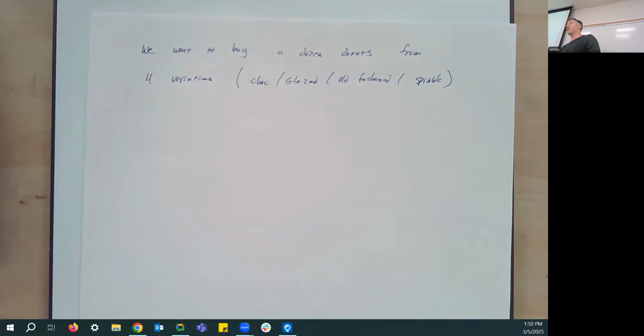Maybe we're going to pick all sprinkles. Not a good choice. Maybe we're going to pick half glazed, half chocolate, right? We want to know how many ways can you pick any number of each so that you get a total of 12. It's going to be 12 of one, it can be 11 of one and 1 of another. It can be 10 of one and 2 of another, right? It's a lot to count up. I don't want to count,